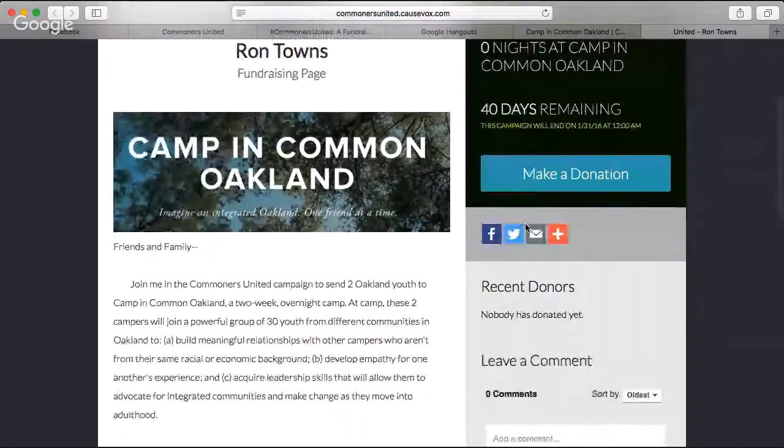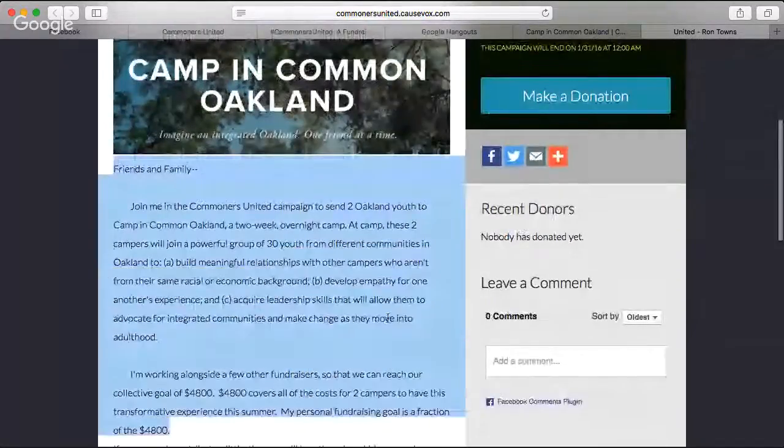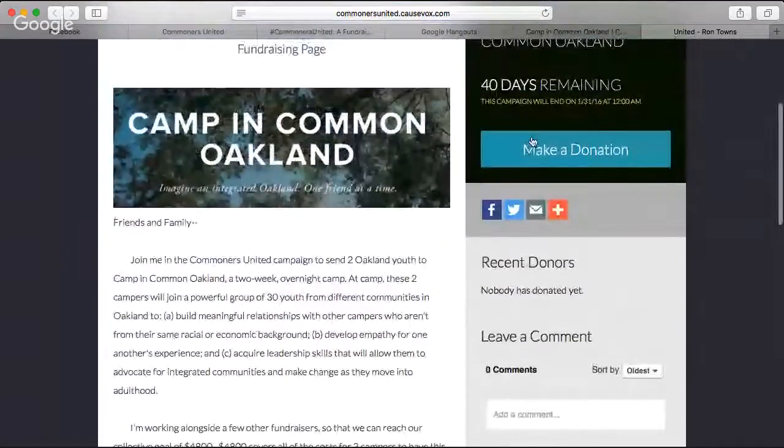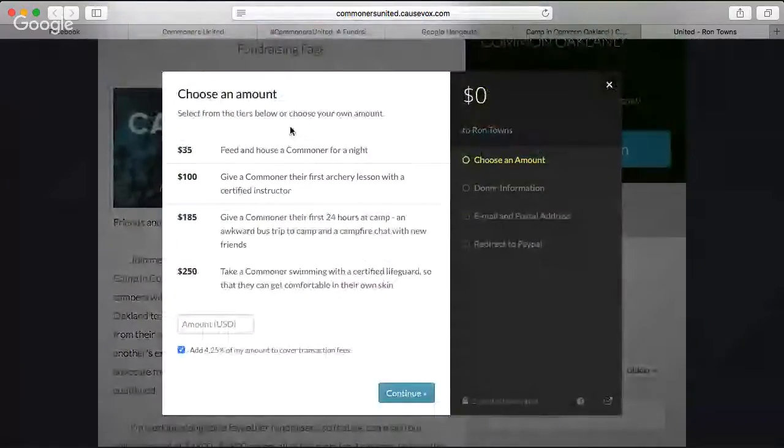And it has my letter to my family here. And then it also allows people to make a donation right through the page. So they would just click here, and then it actually gives them some amounts that they can choose from. So they can click one of these amounts, or they can enter an amount themselves here.